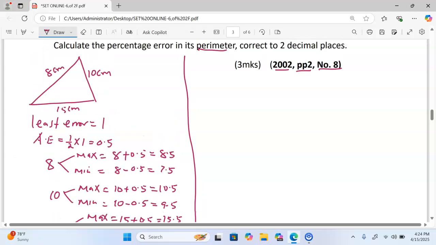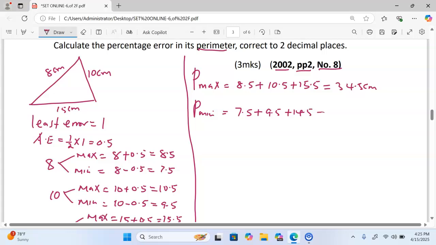To get the maximum perimeter, or P max, we simply add the 3 maximum values for the length, that is 8.5 plus 10.5 plus 15.5, and this gives us 34.5 centimeters. Then we find the minimum perimeter, P minimum, where we add the minimum values, which is 7.5 plus 9.5 plus 14.5, and this gives us 31.5